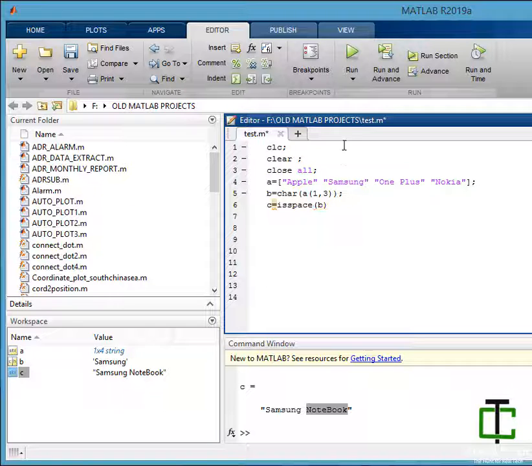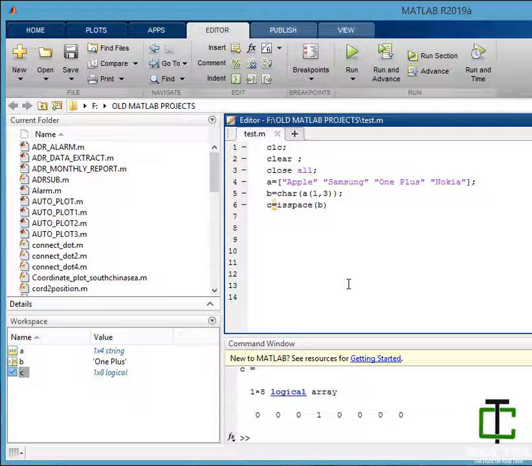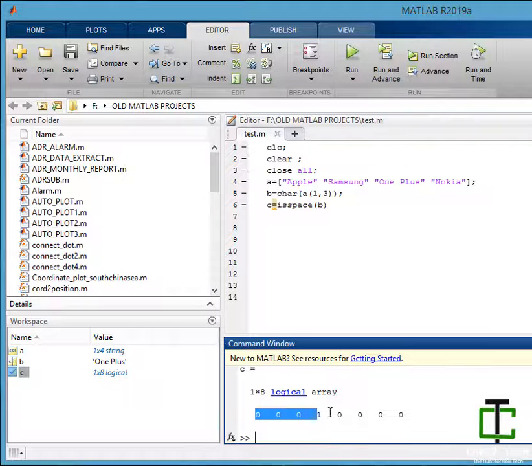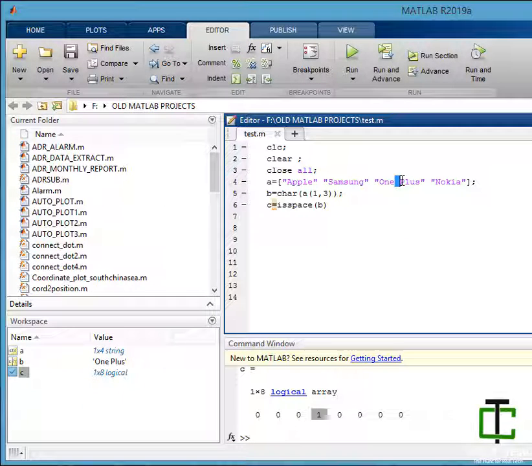Let's check out what it gives. It gives a logical array. It shows the index where a space occurs inside a string. So first, second, third, fourth. The 4 is logical one, meaning the fourth index contains a space here.